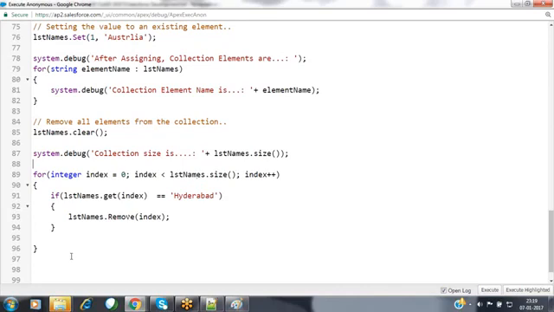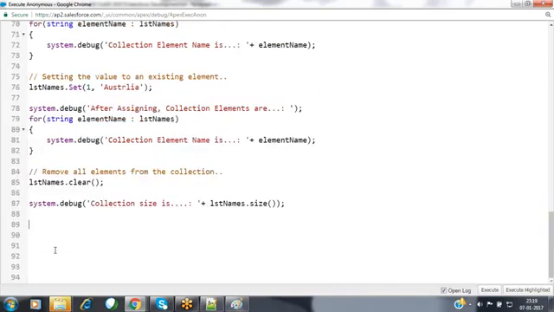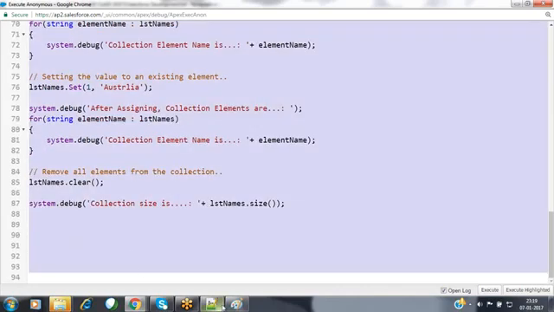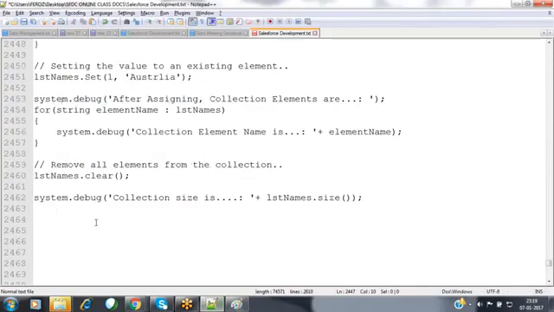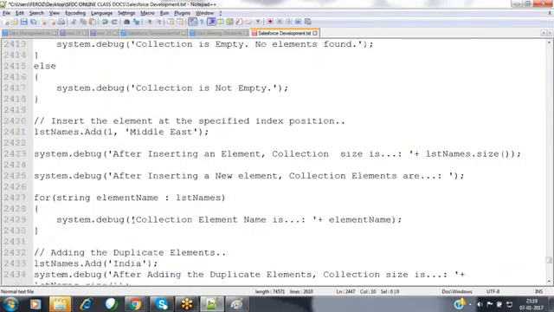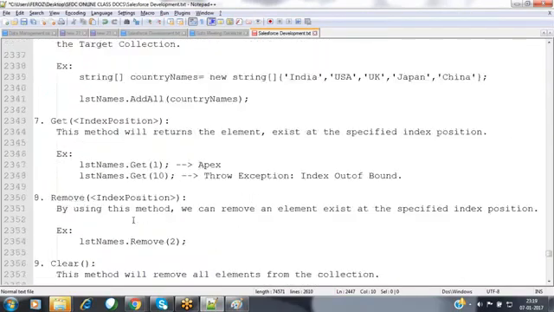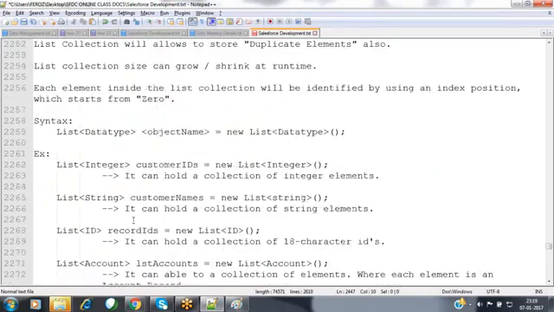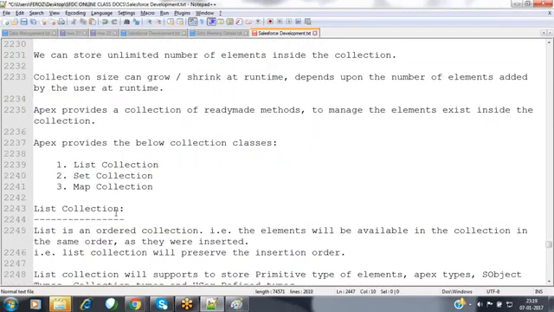Okay, thank you. So this is the way we implement the list collection. In the next session, we are going to discuss two more collections, the set collection and the map collection. As we discussed today, when coming to the collection classes, we have three collections: the list collection, the set collection, and the map collection. What exactly is the set collection, what is its use, what is the map collection, how can we use it, and what methods are available inside it? We'll see in tomorrow's session.